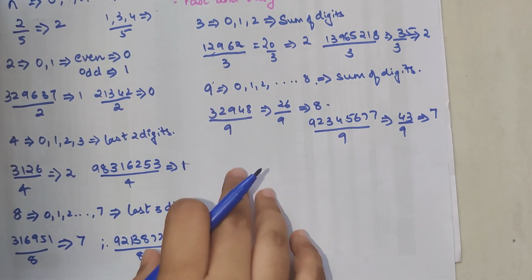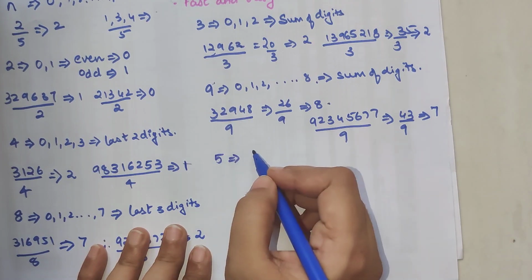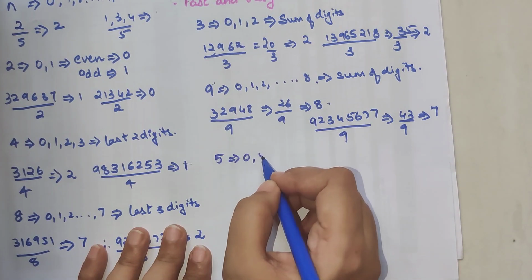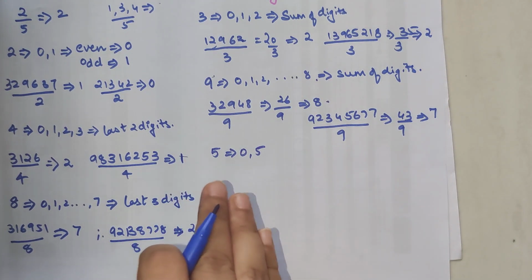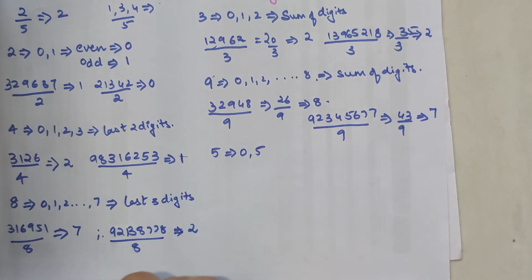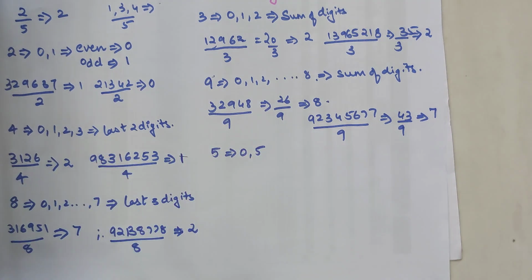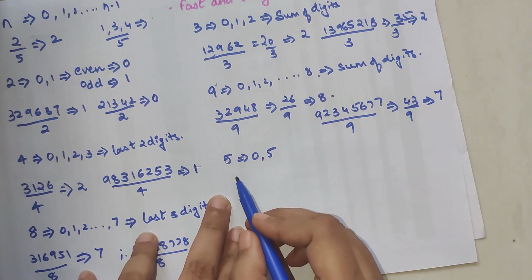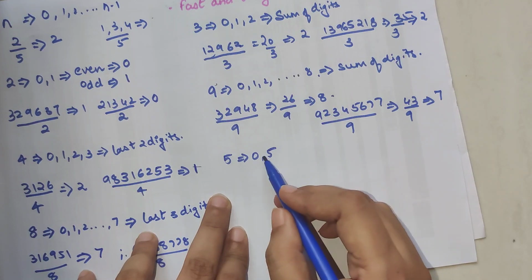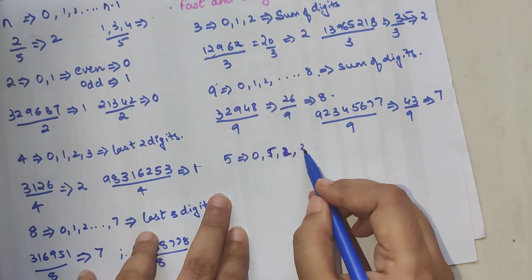Now let's do the next trick for 5. The divisibility rule of 5 is the last digit has to be 5 or 0. Okay, so here in this case you have to be very, very considered about the last digit. So please understand, in case of 2, 5 and 10, your last digits are very, very important. Now if your last digit was not 0 or 5, then what would be your remainder? So here I can say my remainders can be 1, 2, 3 and 4.